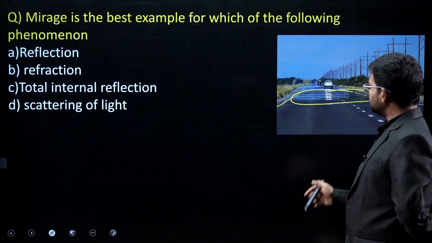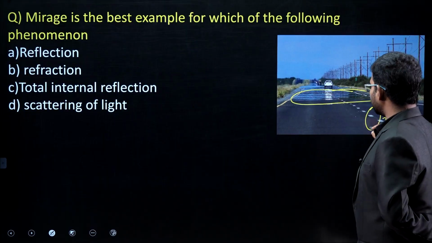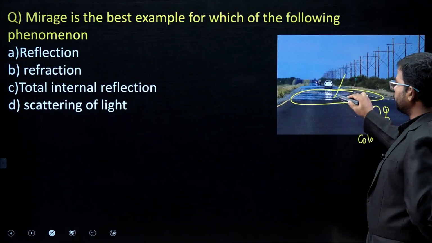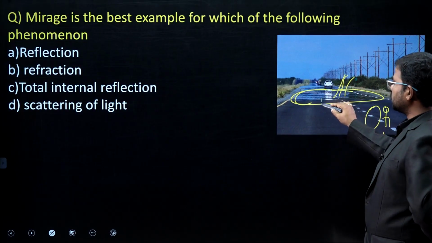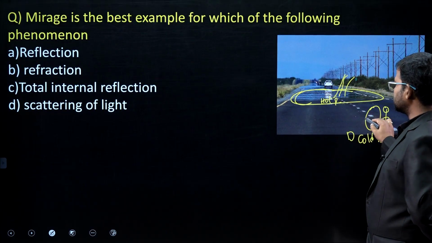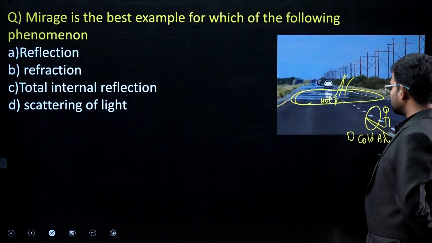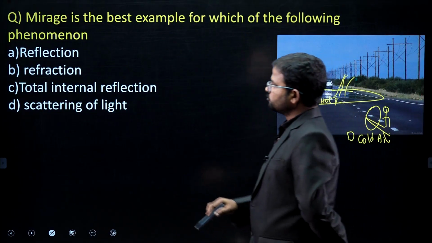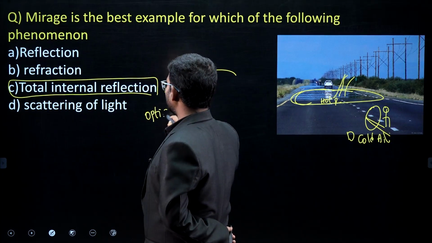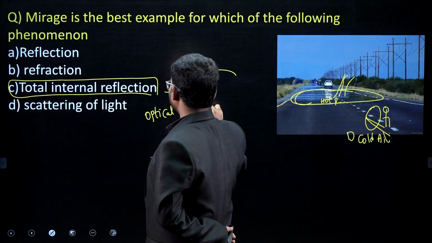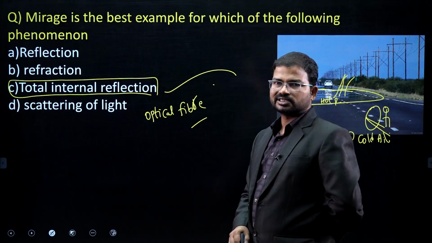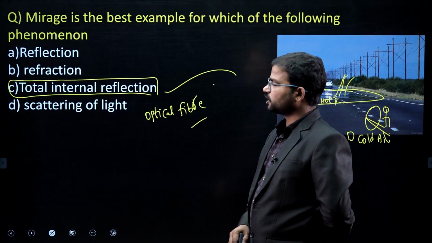The reason is, near the observer there is a denser medium, nothing but cold air. If you see white smoke or a wet-looking surface, hot air is mostly there. So this is the rarer medium, and this is denser. When light passes from denser to rarer, almost all the rays are bounced back into the denser medium. The name of this phenomenon is total internal reflection. Optical fibers, mirages and looming all work on the principle of total internal reflection.